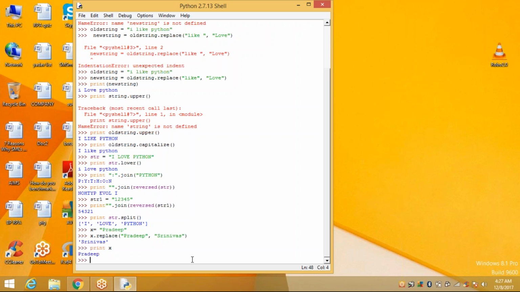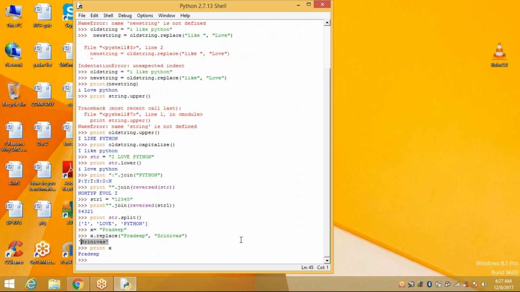Here, when I apply X is equal to Pradeep, X dot replace, Pradeep is replaced by Srinivas. But when I print X, it displays only the earlier value. Instead, when I give this function, I want to display Srinivas. How to apply it? See here, already we have defined X.